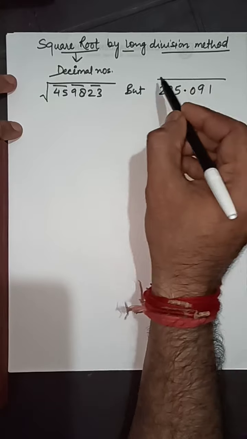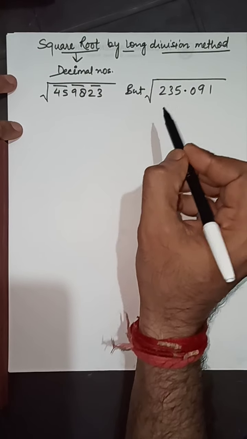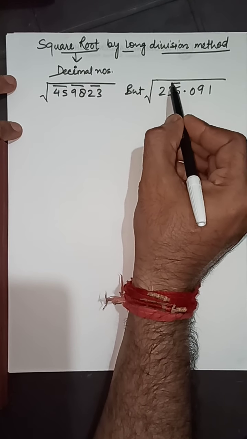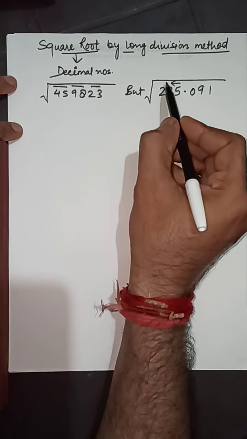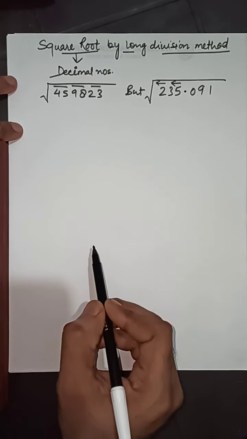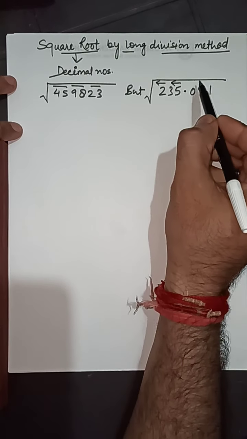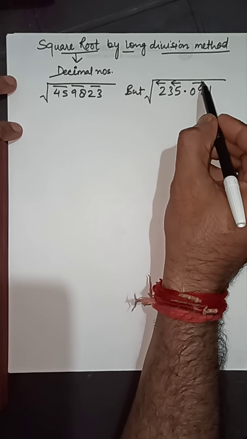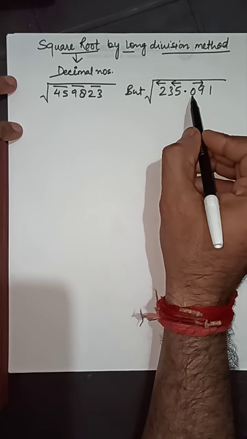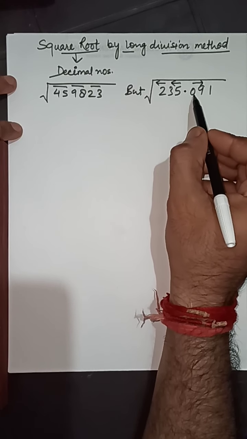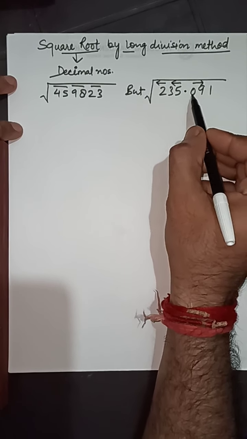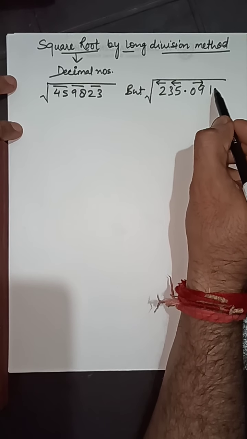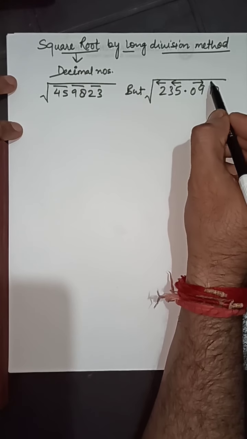For the whole number part, you make the periods starting with the unit digit, so it will go in this direction. I am making the arrow like this, and after the decimal it will go in just the opposite direction. It means you have to make the periods in opposite directions. So here it will start with the tenth place and hundredth place. Now 1 is left, so you will affix a 0 and complete your pair.